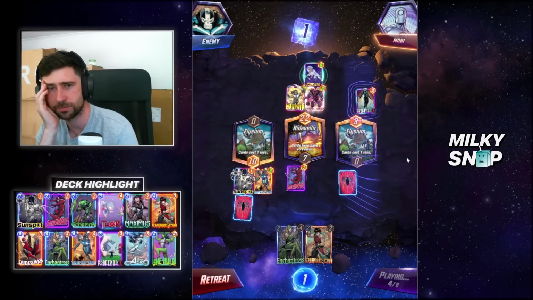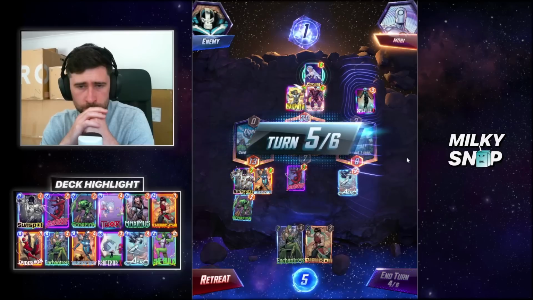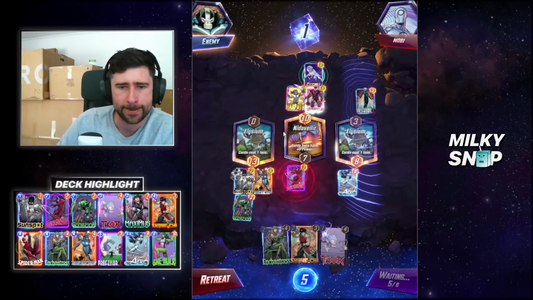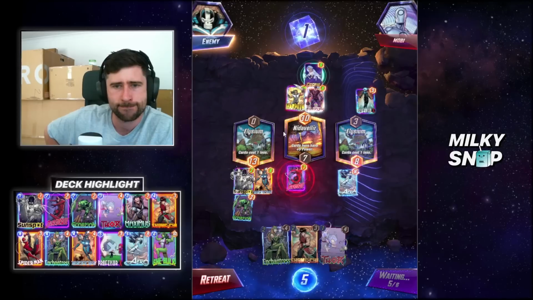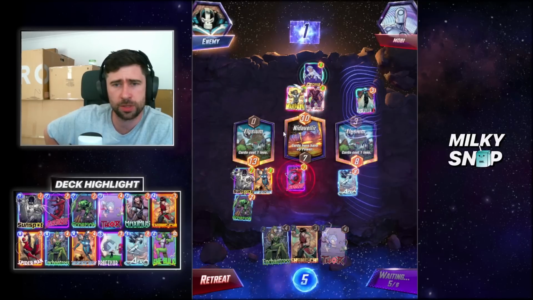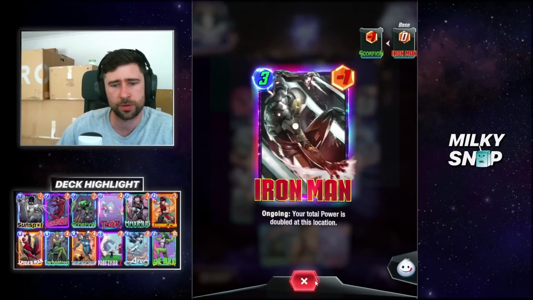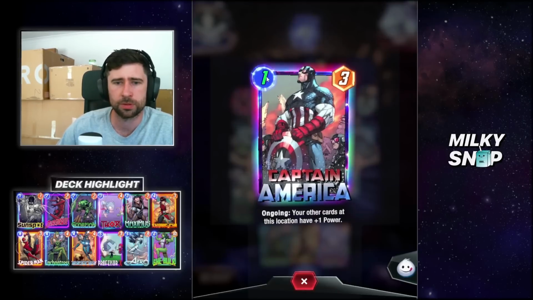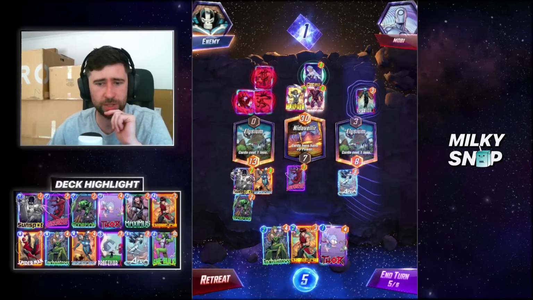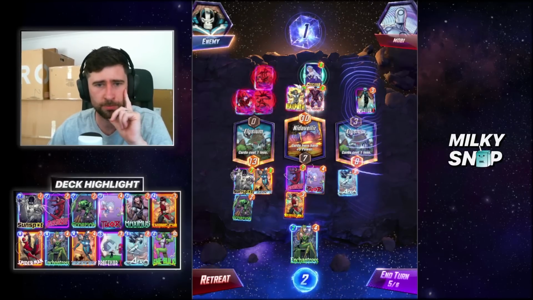Bad move on the Professor X, my friend. Okay, so we can't actually snipe that out. Realistically, we can't really do anything middle, other than just make our own big cards. Seems like it's okay. I did think that was going to be an armor. So we've got an Iron Man. We've got Captain America. We can destroy this location on the final turn of the game, huh? So I guess he's planning on...